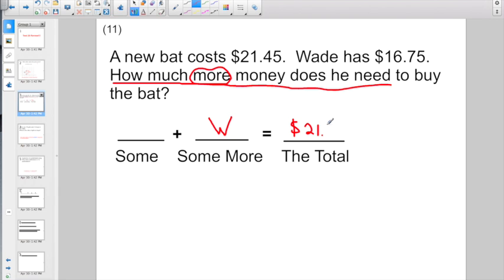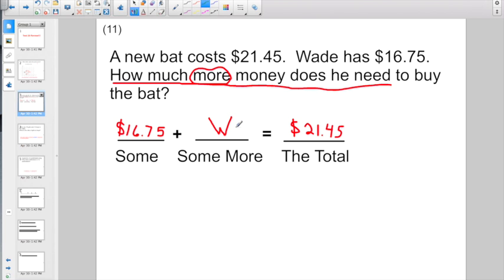It's the total of the cost, right? So that last number over there, $16.75, that's some of the money that he has already. He has $16.75. They want to know how much more money he needs to buy a bat that has a total cost of